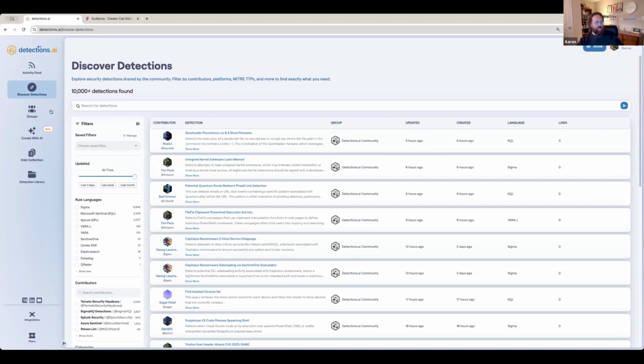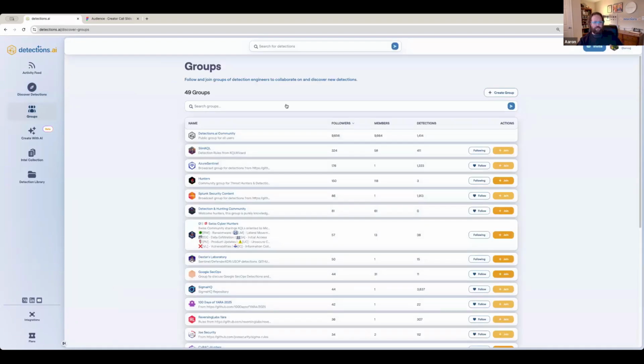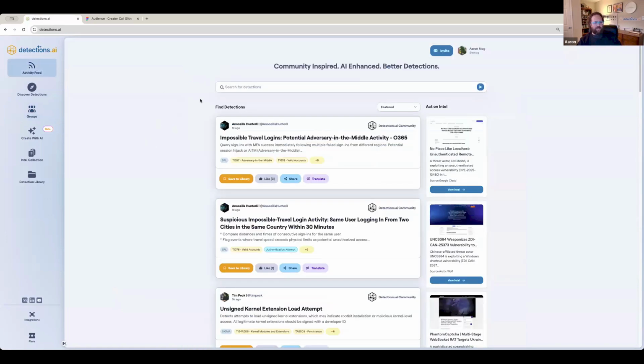This is what you're going to spend time looking at. If you go to groups, you'll see a bunch of different groups that are going on, and I'll get into group permissions here in a second. But I just want to take you through creation, right? Just in case you've never done it. I'll do one based on Intel.